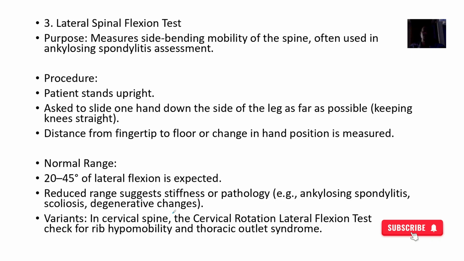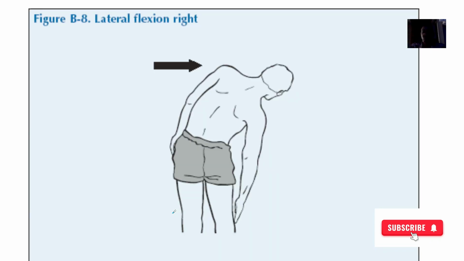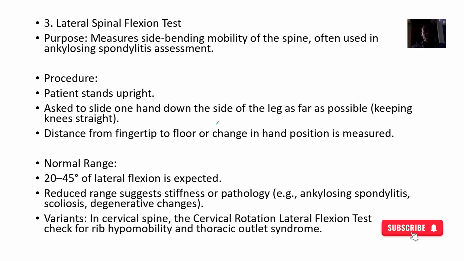Then lateral spinal flexion test. Just bend it to the side. This one, so they are checking for the flexibility of your spine and also if there's any issues in the rib cage. So it measures the side bending mobility of the spine, often used in ankylosing spondylitis tests, but it depends, you understand. So procedure is that the patient stands upright, then they actually slide one hand,